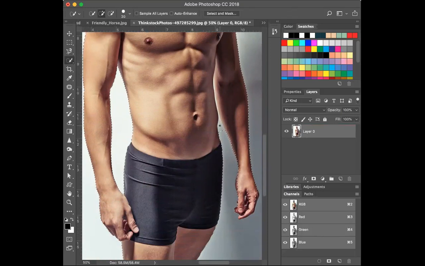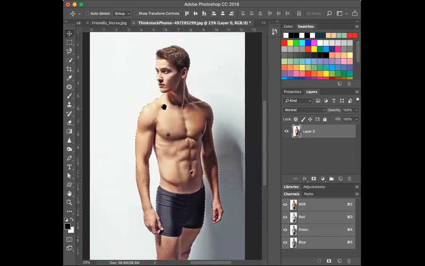Oops. I want to do the negative if I want to take out the background. So I'm actually selecting the background now. So I want to choose the negative minus tool here. All right. So now that he's selected,